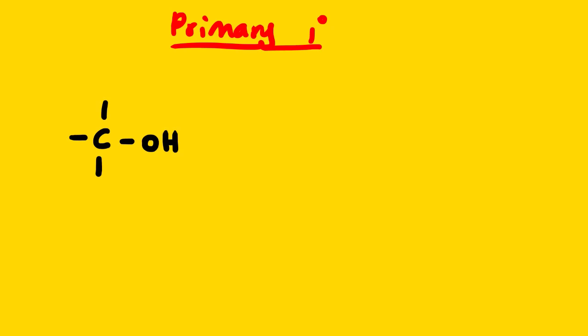When we oxidize a primary alcohol, you should know that, well, this OX simply represents an oxidant. So when we oxidize a primary alcohol, you should know that we always yield a